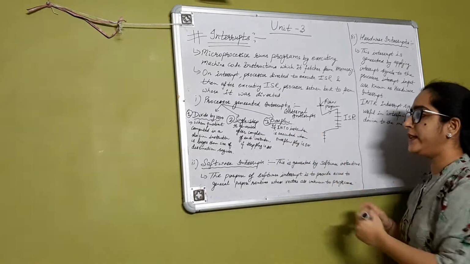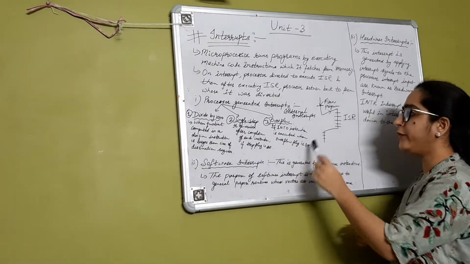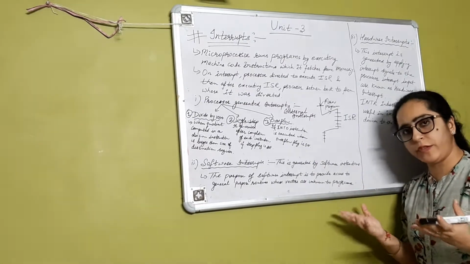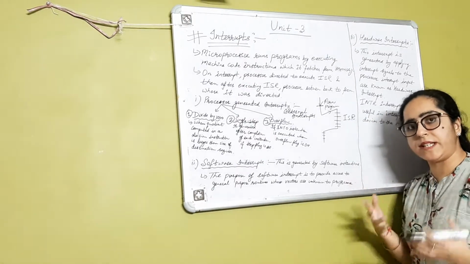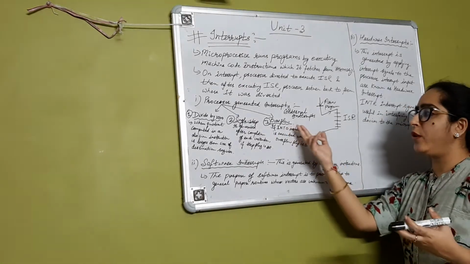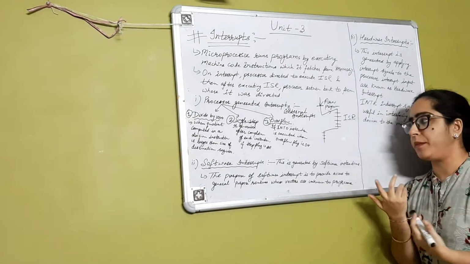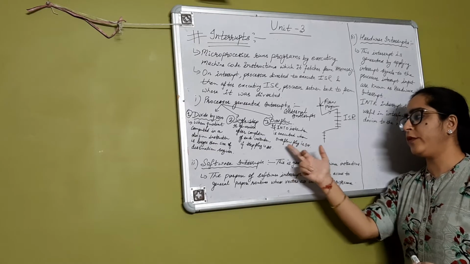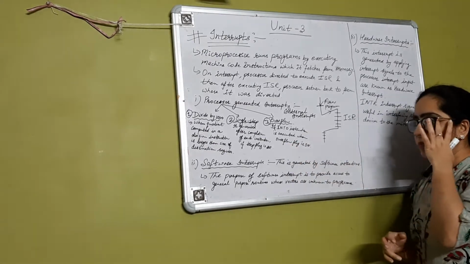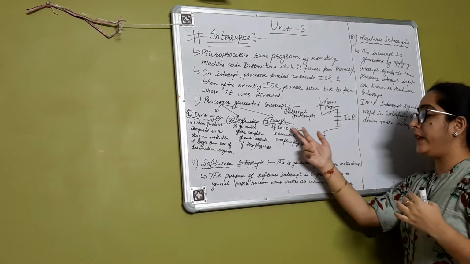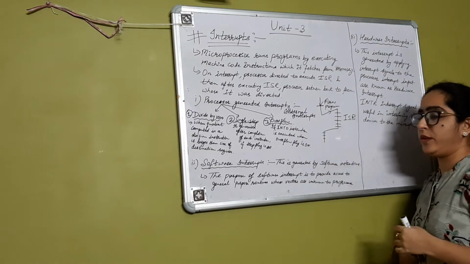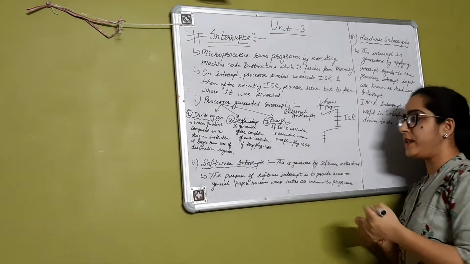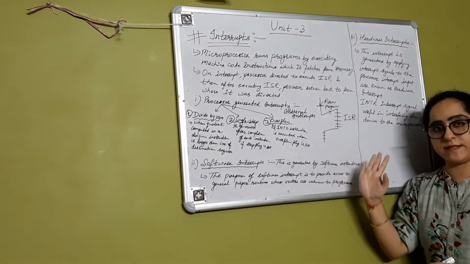Now the third is overflow. Overflow interrupt is due to the overflow of the data in the stack. If we are storing data in the stack, then due to the overflow it will also show the interrupt. So if the INTO instruction is executed when the overflow flag is on, in that case this interrupt instruction is executed. INTO, the interrupt on overflow instruction, will be executed here.